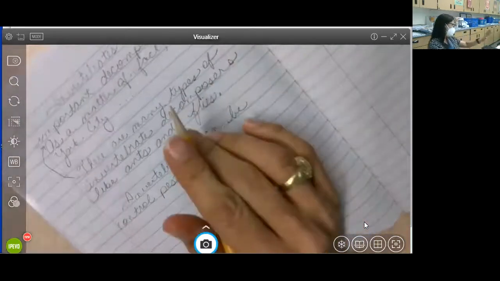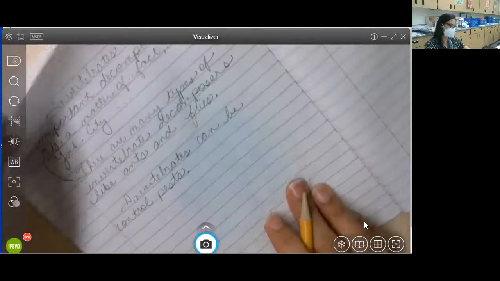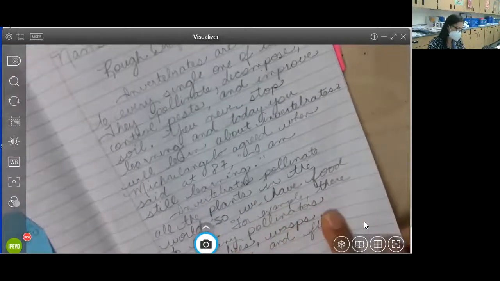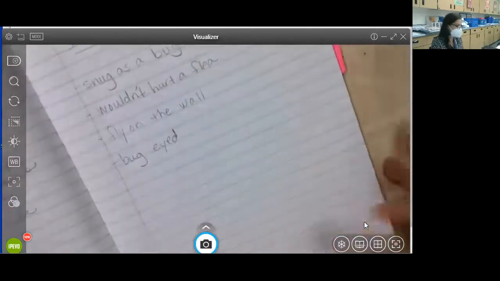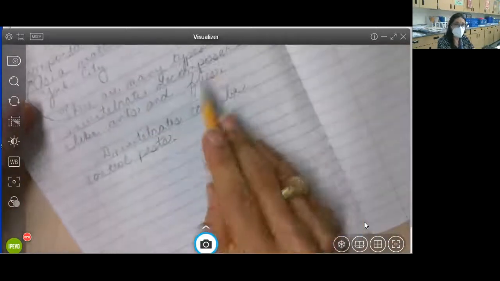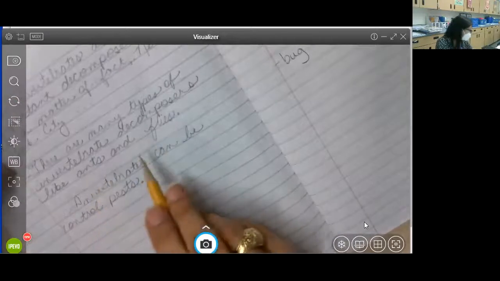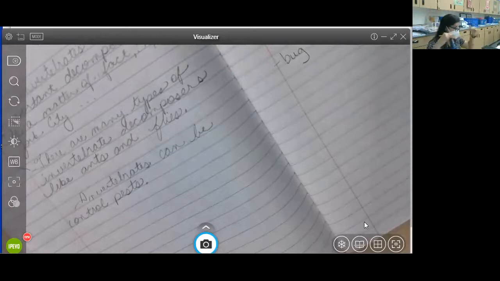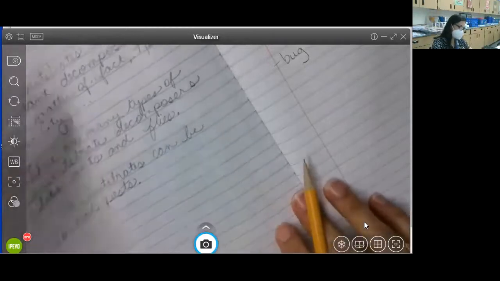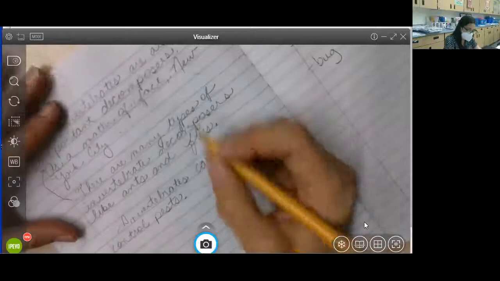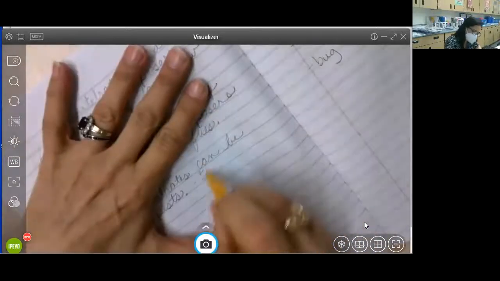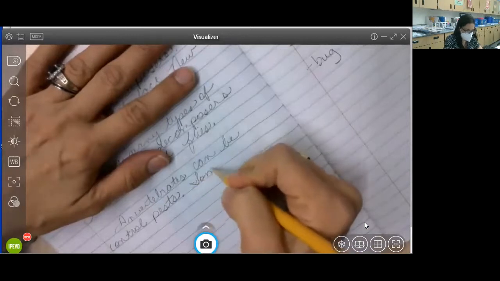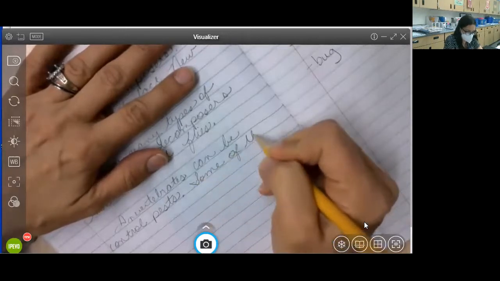Oh, I got a sentence. So here we've said, for example, there are many different pollinators like blah, blah, blah. And here we said there are many types of invertebrate decomposers like ants and flies. So here we're going to say they control pests, and then we're going to talk about these. We're going to talk about some, oops, that's a G. That's not even an S. There. Some of the